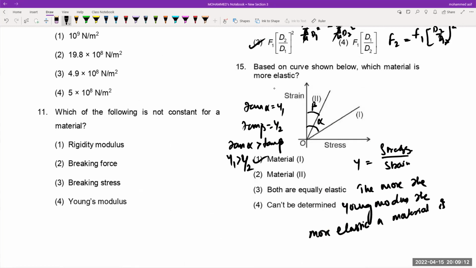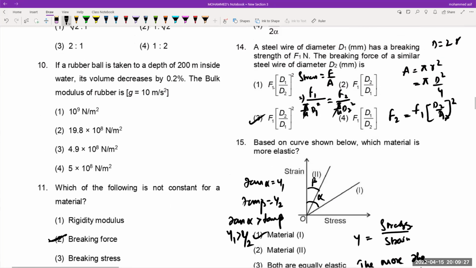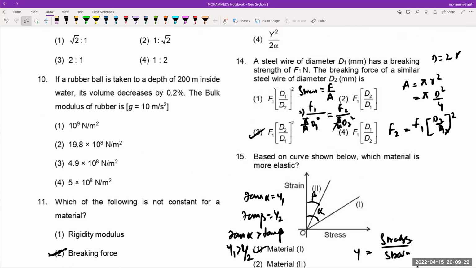Rigidity modulus, breaking force, breaking stress, and Young's modulus. See, Young's modulus, breaking stress, and rigidity modulus depend on material only beta. So breaking force is directly proportional to area and breaking stress. यानी breaking force is not constant for the given material. ठीक है? Next one. If a rubber ball is taken to a depth of, ये तो मैंने क्लास में बहुत